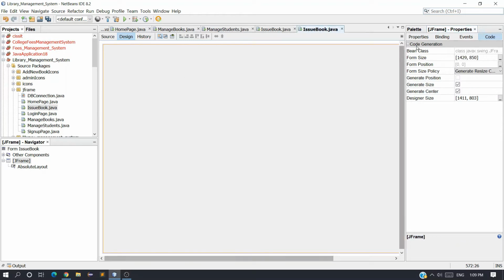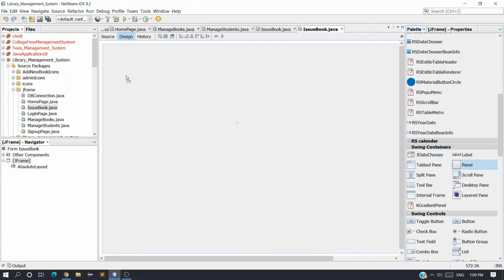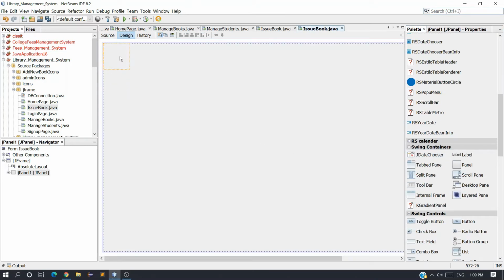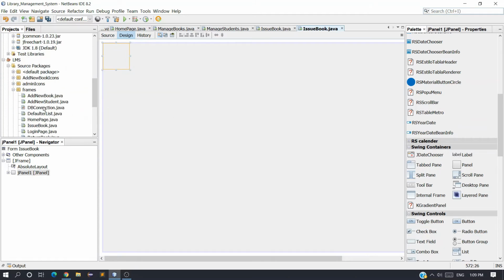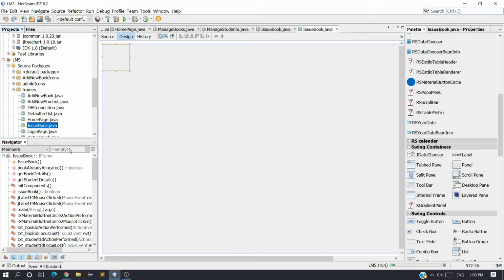Now I want to take a panel. Let me just show you what we are going to create, what we want to do. So let me just run this issue book page. Run file.